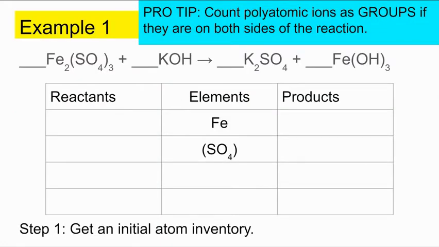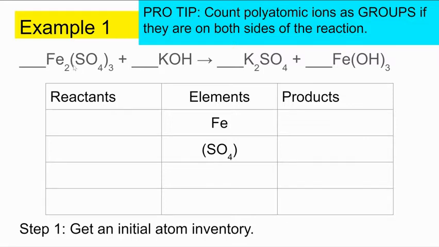So let's look at this first example. I've got iron 3 sulfate reacting with potassium hydroxide to produce potassium sulfate and iron 3 hydroxide. Let's start by creating an atom inventory. And I've already started that for you because I want to point out that we've got iron right here, but